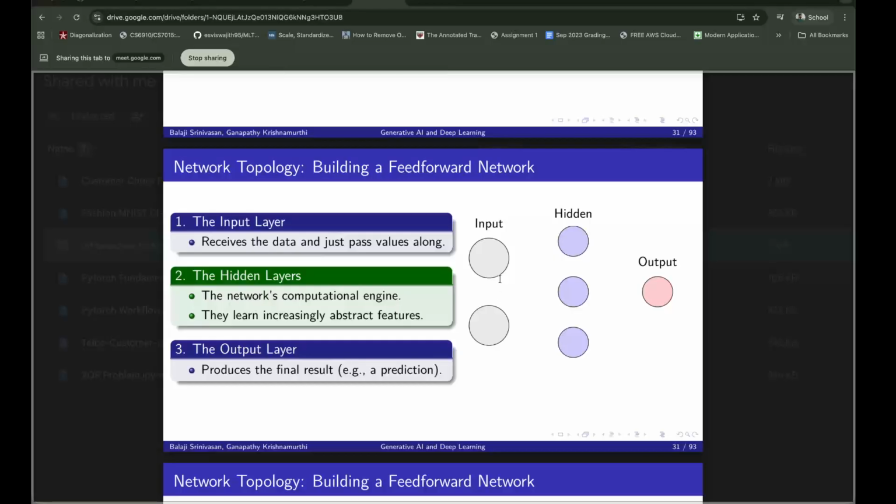So there are three basic types of layer. One is the input layer. Input layer is basically the layer through which you will be sending your data to your model. Now one key change from the basic ML model to deep learning model is that in your traditional ML model, the data is in tabular format. So you have rows and columns, right? And you send that entire data to the model. Here,